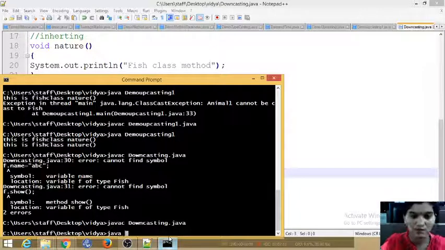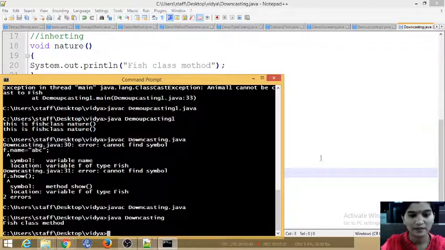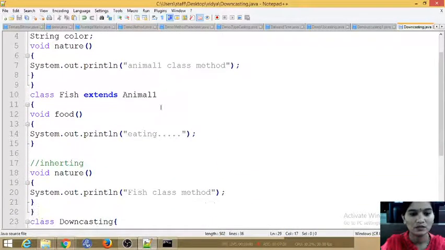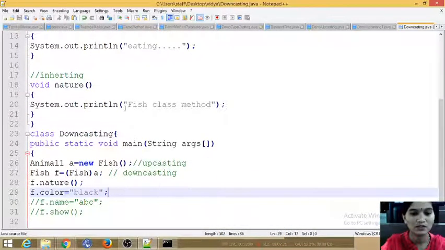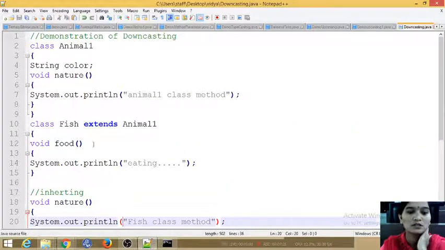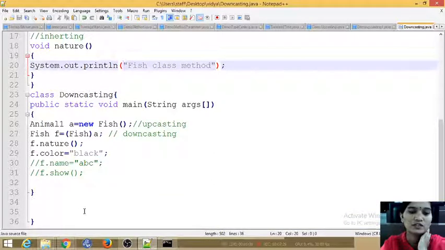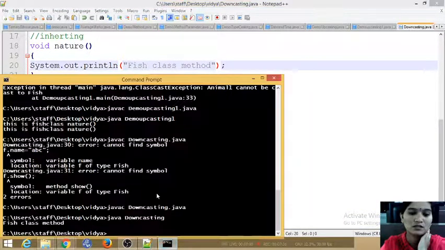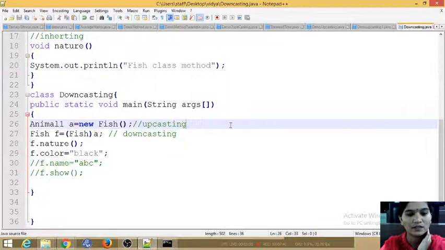Only the members of your Fish class can be executed, and I can print the variables of that.